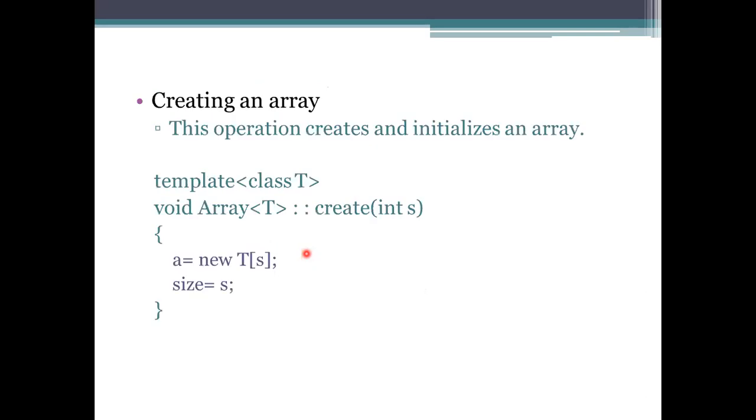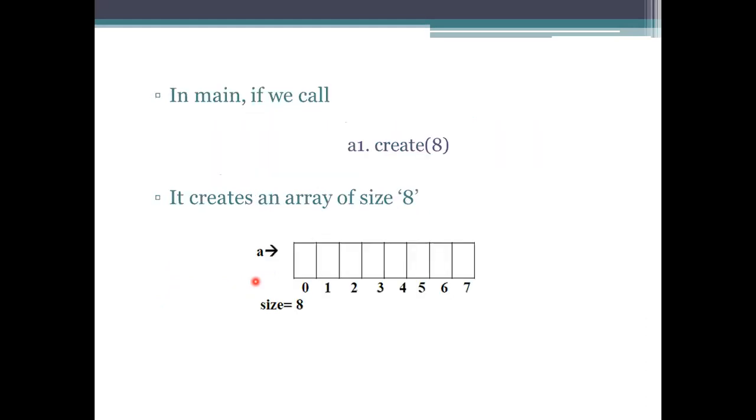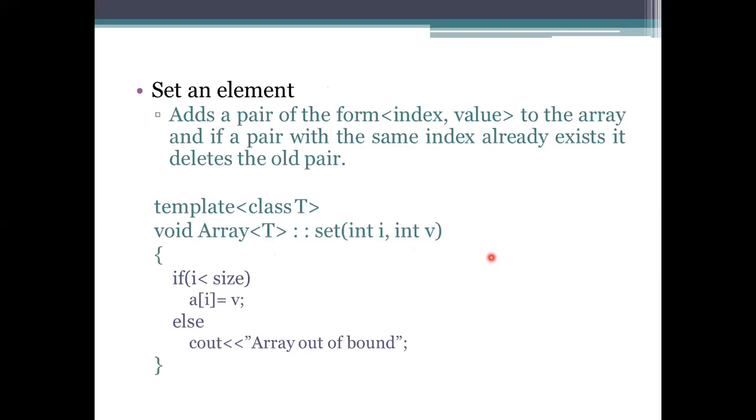If you want to specify, create an array and initialize the values, it will be creating the array where the value is 0. First we need to create an empty array, that's why we just mention the size here. After creating the array, we need to insert the elements into it. For that we are using set element. Set element means we need to pass index comma value.